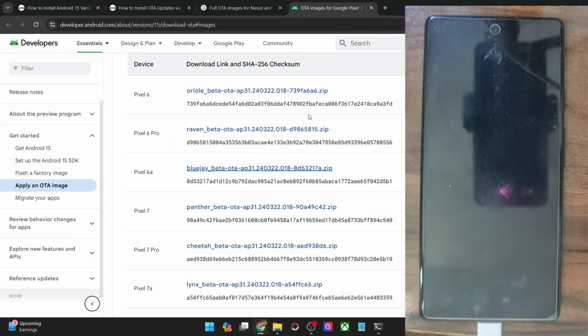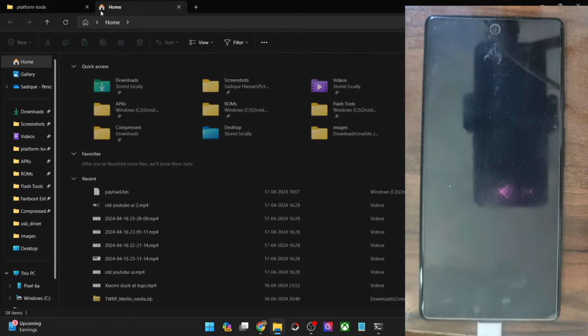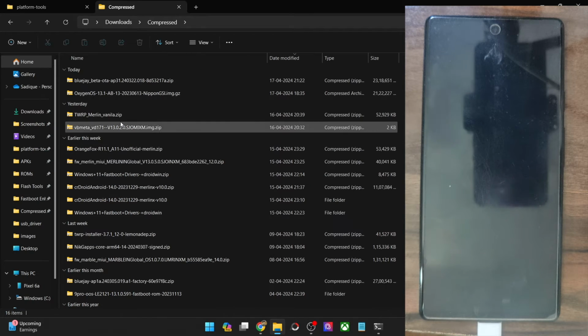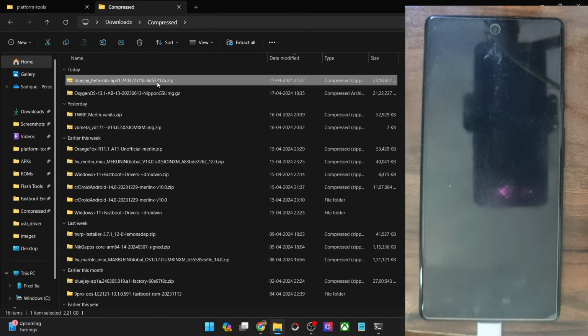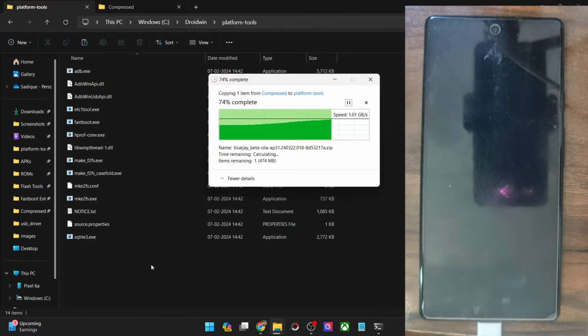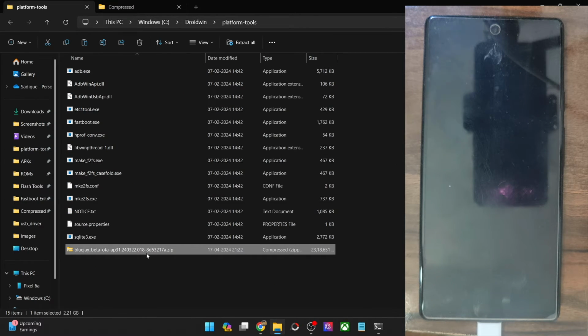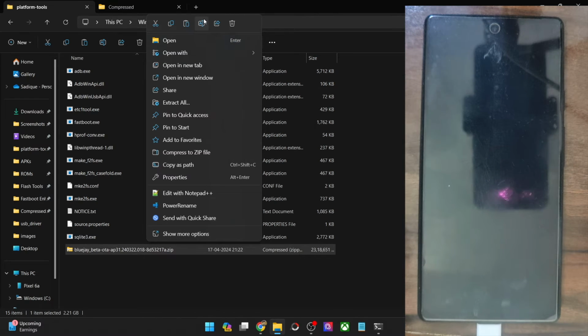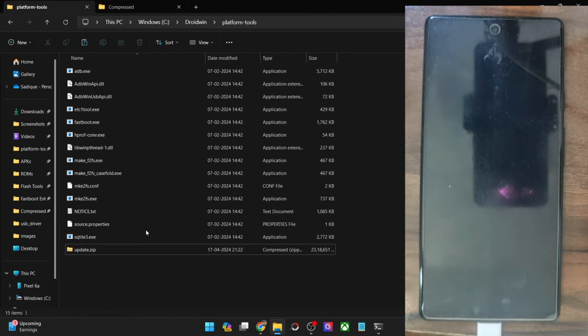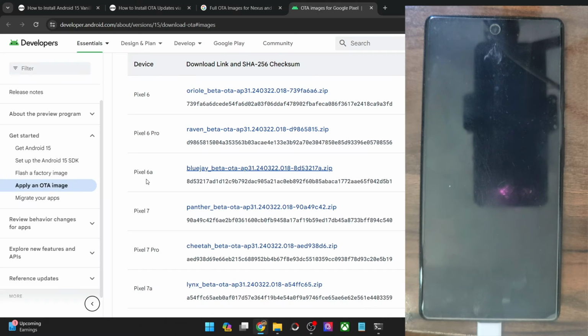So guys, the download is now complete. You will now have to transfer the OTA file inside the platform tools folder on your PC. So just a minute, this is the file. Let's transfer the file inside the platform tools folder. Moreover, for ease of convenience, let's rename the file to something shorter. So let's just rename it to update, and the complete name becomes update.zip. So with this, we have got the OTA zip file inside the platform tools folder. So let's now move ahead with the next step.